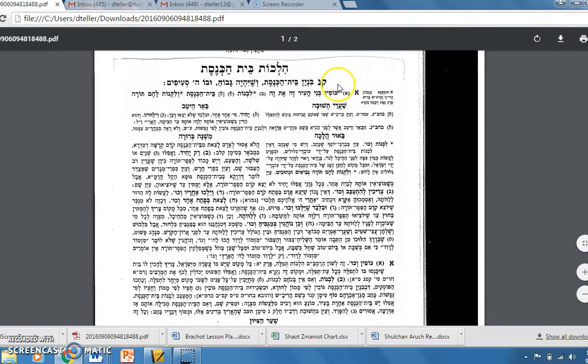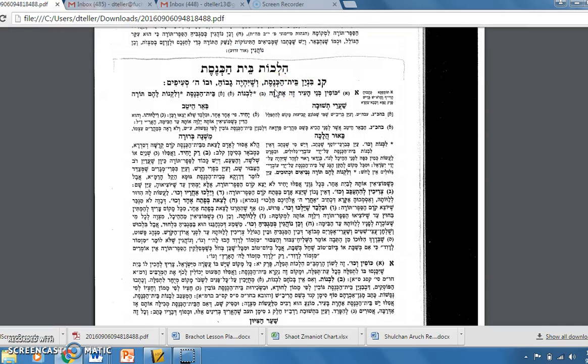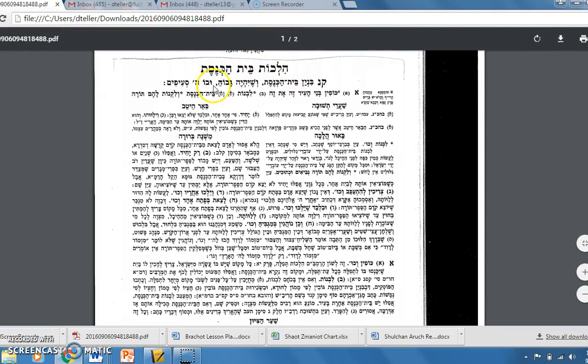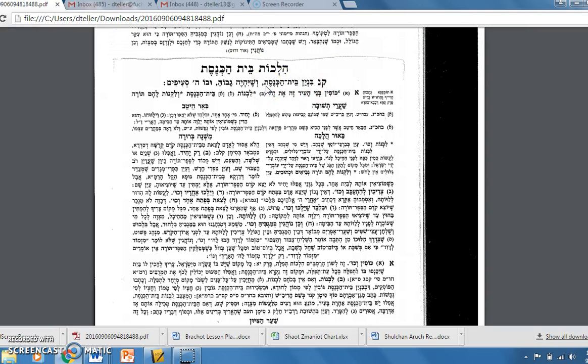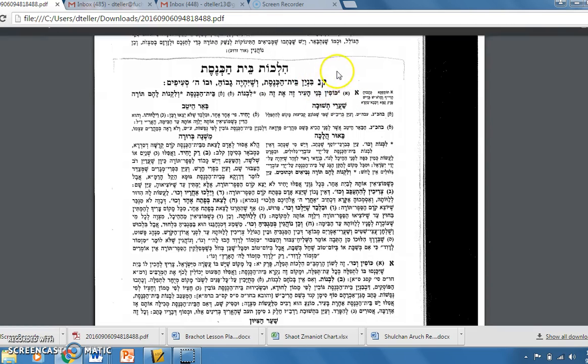The name of this siman is called Binyan Beit HaKnesset V'Sheyeh Gavoa, right? The building of a shul, and then it should be Gavoa, it should be a certain measurement, a certain height. So Hilchot Beit HaKnesset here is just introducing the general topic. The number of the chapter is 150. The name of this chapter is Binyan Beit HaKnesset, the building of a shul. Every siman, every chapter, is divided into different laws that are called se'ifim, or a saif. So for example, in chapter 150, Kuf Nun,